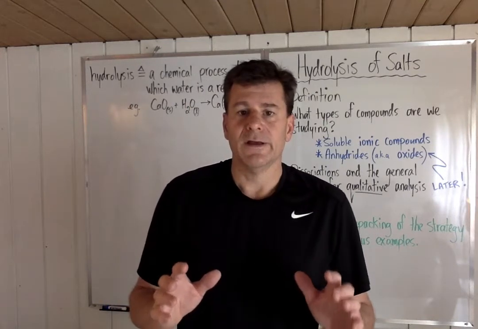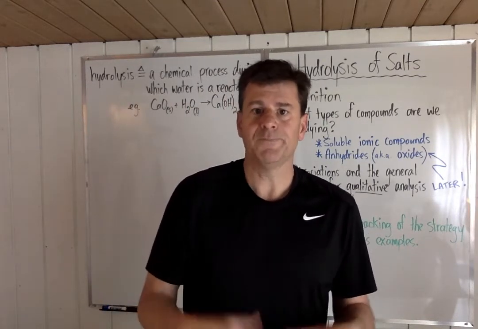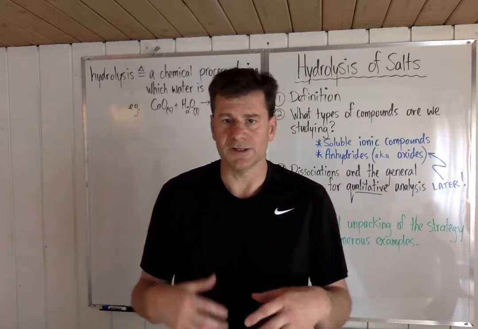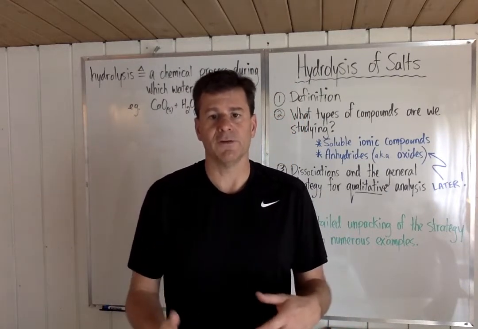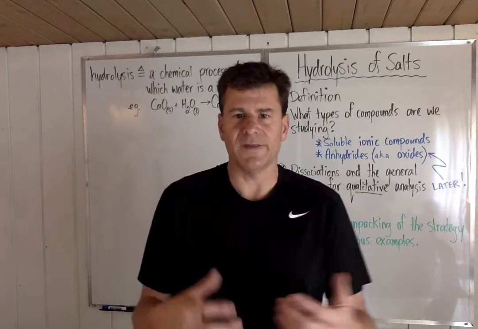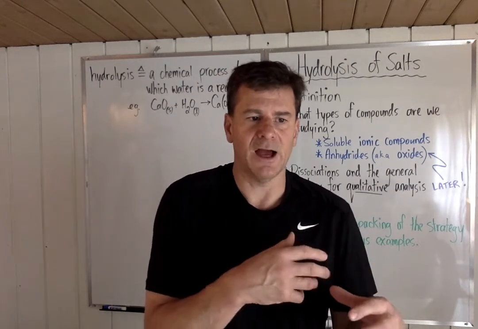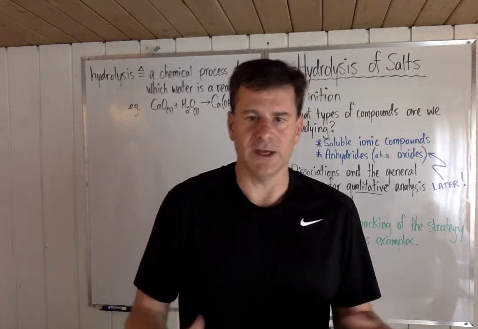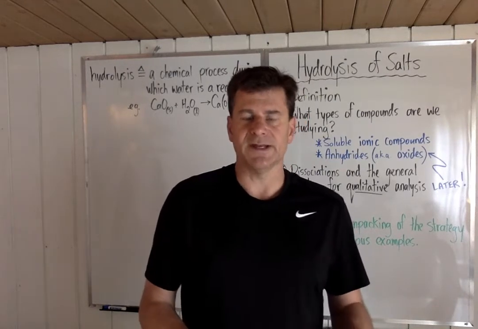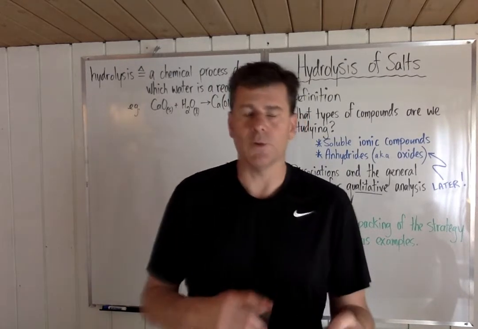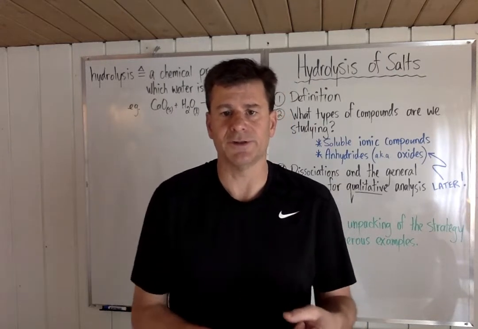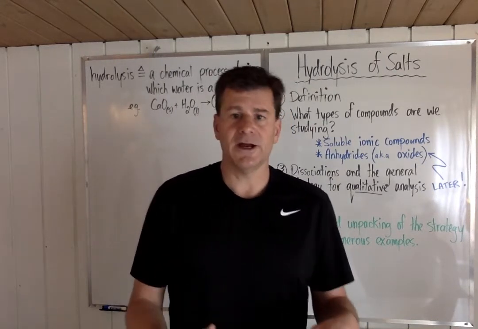So generally speaking, we're going to be giving you chemicals that are soluble ionic compounds, so you throw them into water. There's no question whether or not they dissociate into their ions. That should be a question that's removed from the equation of how you figure these things out. So that's category number one. Category number two are chemicals known as anhydrides. And anhydrides are,